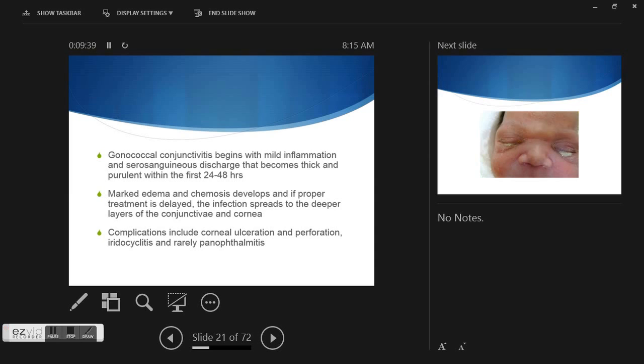Gonococcal conjunctivitis begins with mild inflammation and a serosanguinous discharge that becomes thick and purulent within the first 24 to 48 hours. There's marked edema and chemosis developing soon after, and if proper treatment is delayed, the infection can spread to the deeper layers of the conjunctiva and the cornea. Specific complications include corneal ulceration and perforation,